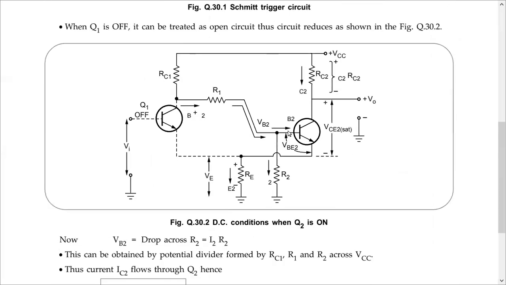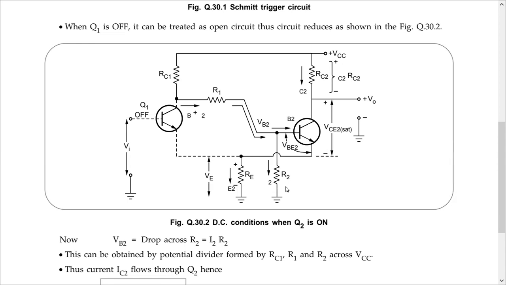What will be the Thevenin's resistance? The condition for finding Thevenin's resistance is whenever you have a source, you have to replace it with 0 or ground. So what do we have? We have this particular R2, and then in this junction we have R1 and RC1. R1 plus RC1, they are in series. So R1 plus RC1 in parallel with R2.